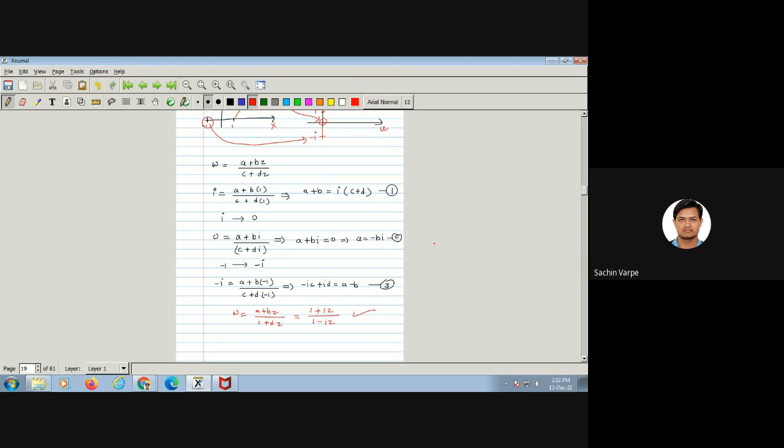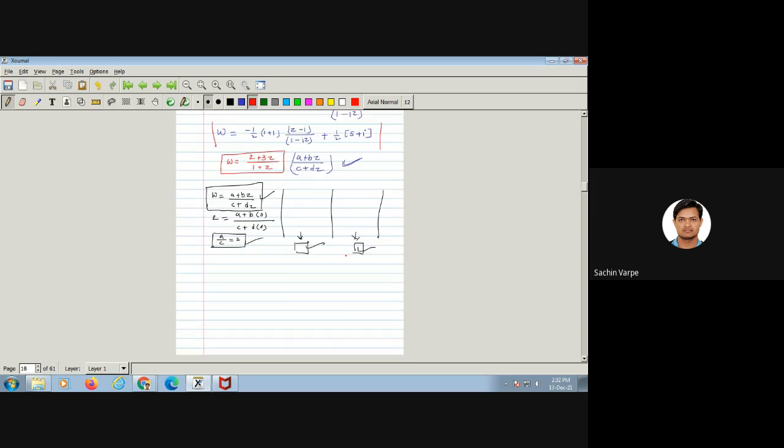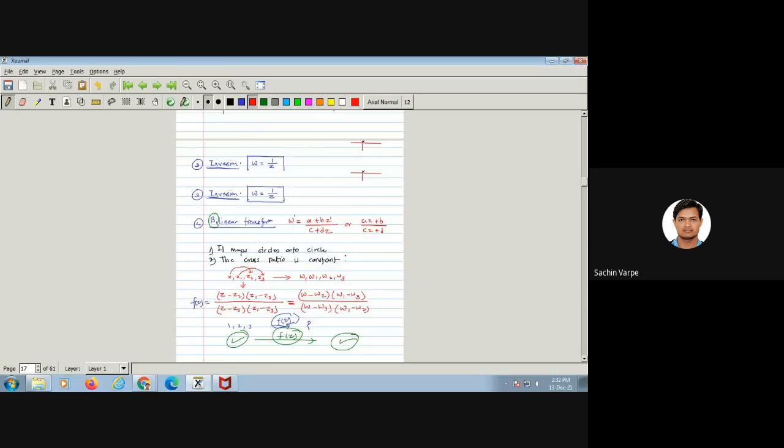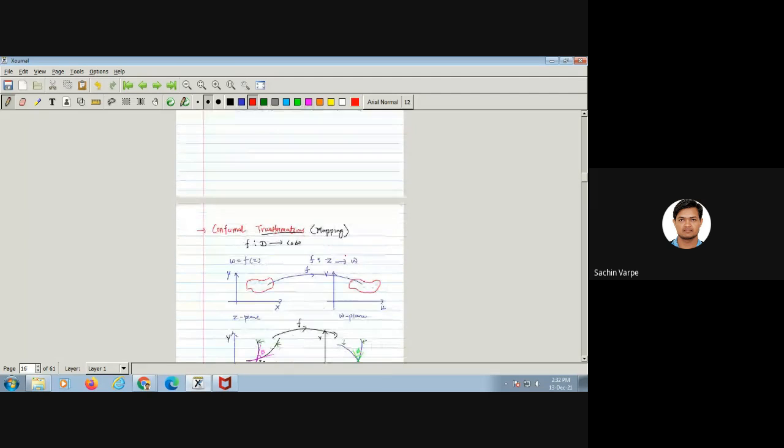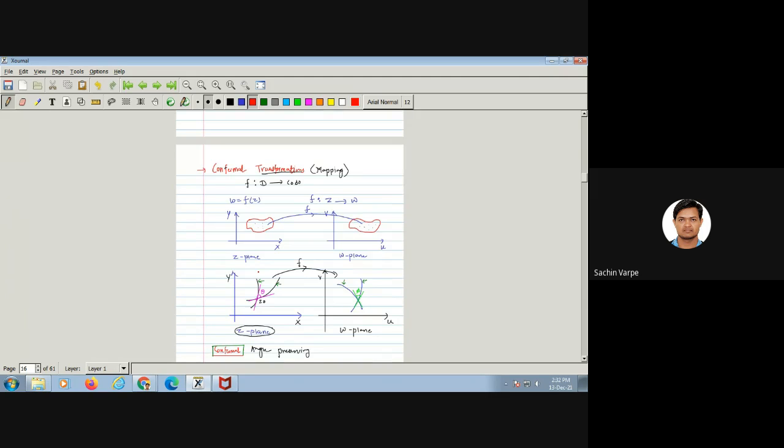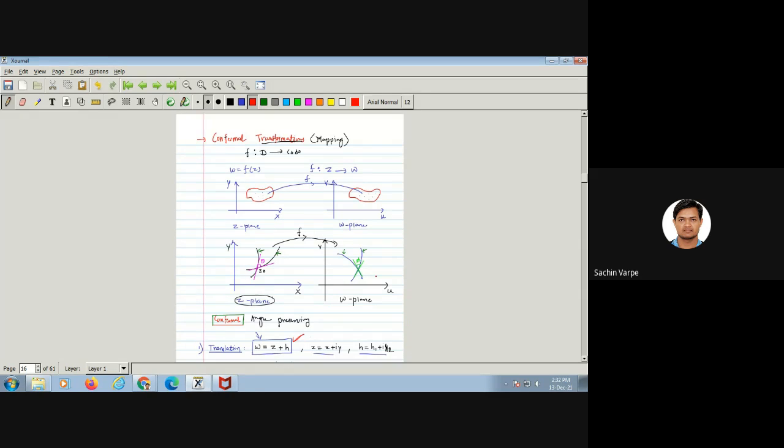Okay, so we are discussing conformal mappings, conformal transformations. Let me recall the definition. A conformal mapping or conformal transformation is a complex transformation which preserves angle, right? If theta is the angle in z plane, then that is getting preserved in w plane. The same angle will be there. So here conformal means theta equal to phi.